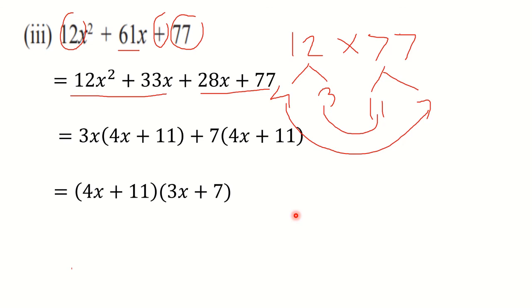If the last term sign is positive, you will think of addition. And if the last term sign is negative, you will think of subtraction. Then in case of such bigger numbers, don't go for multiplication. Instead, factorize it like this and try to take the particular combinations so that you can split the middle term properly, according to our requirement.